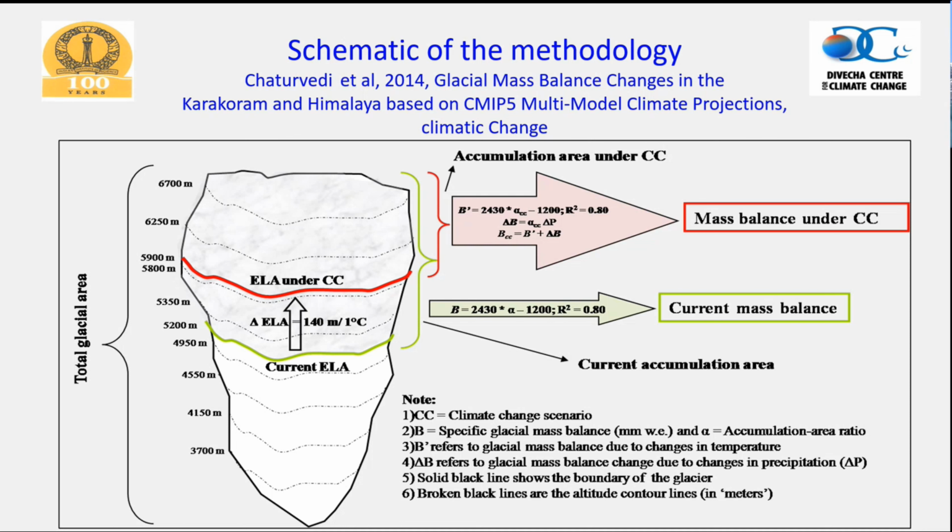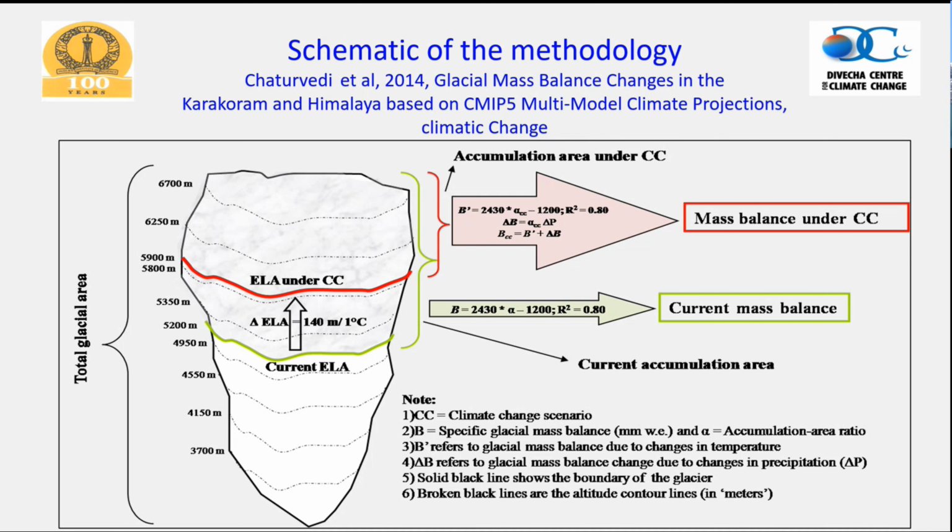This is what you can critically go through in that paper to understand it better. But I can also explain it to you. So this technique, the accumulation area ratio technique, has been used, and you know that in this technique we have correlated mass balance with AAR, and that regression relationship is used to do that. Now, what you can do here is, this is an ideal condition. This is a glacier. You can see here, this is the glacier, correct? And now we have the altitude of ELA. So this is the current ELA.